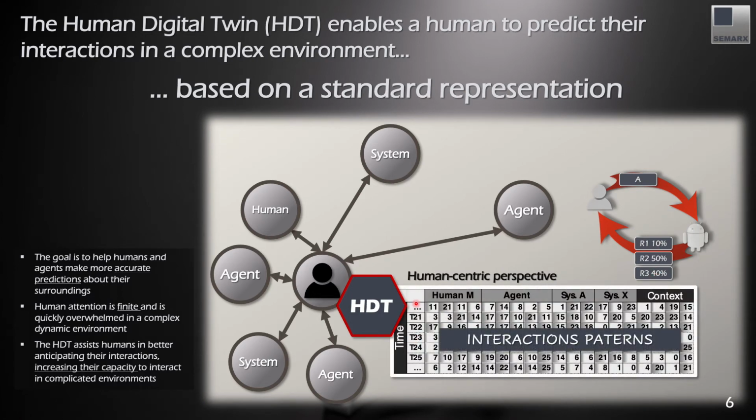It is a kind of standard representation where these are the different partners with which this person interacts, and these are the different probabilities, values collected over some specific period of time. And this is the essence of the human digital twin. It is able to capture interaction probabilities across multiple interactions in that environment. Once we have that representation, we can then understand interaction patterns or can learn them.